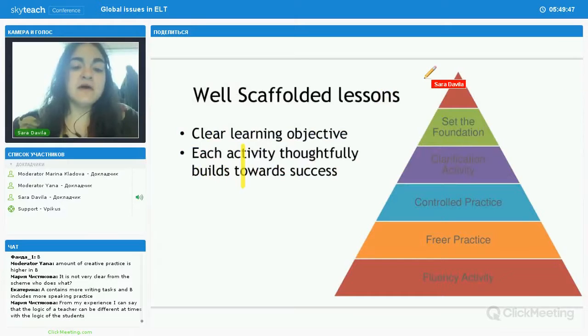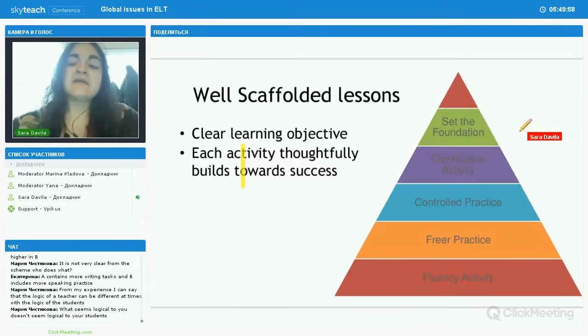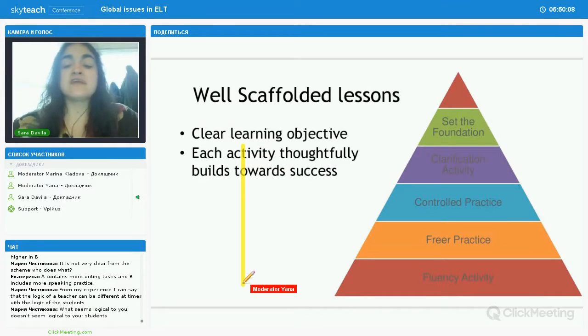And that's because in a well-scaffolded lesson, we want to make sure that our students have clear learning objectives and that every activity builds. So for example, in this speaking lesson, you can see we start with setting the foundation or presenting our language. We'll have our clarification activity to make sure our students can understand the language, and then we'll slowly move towards